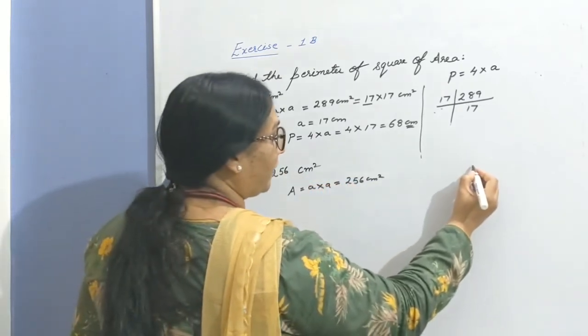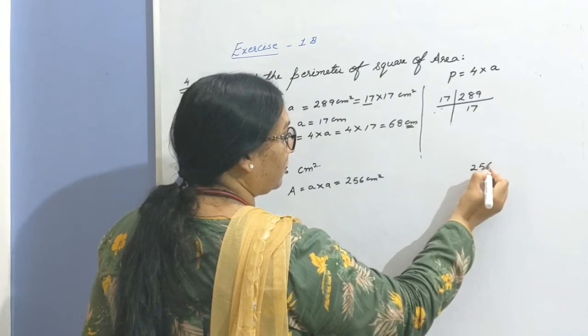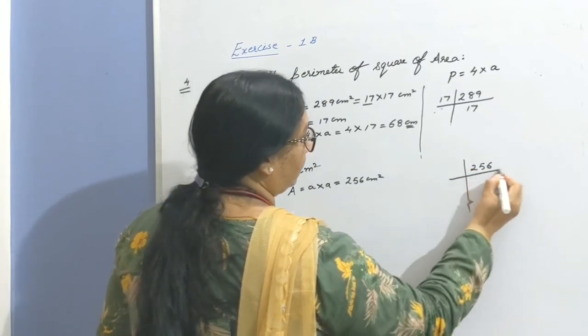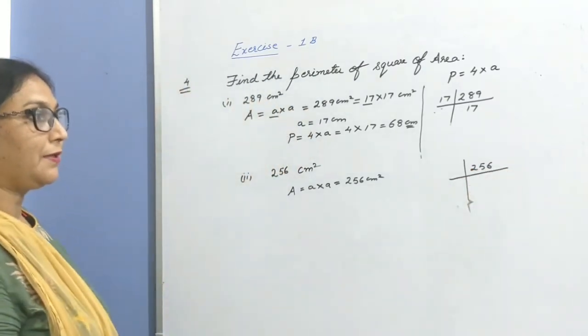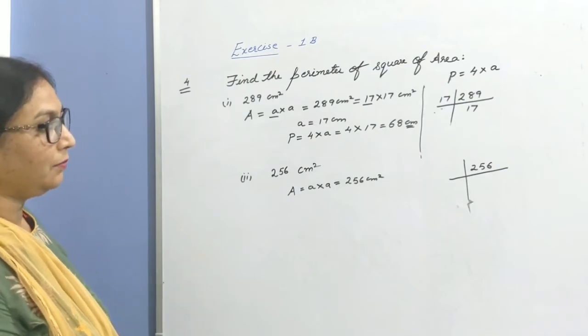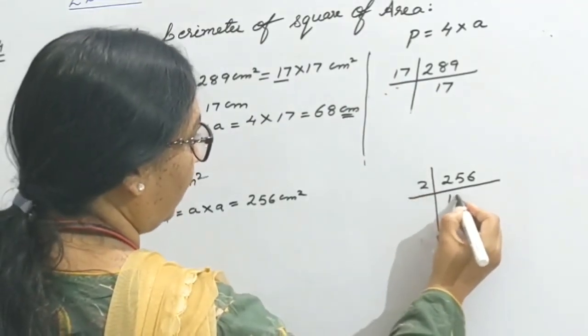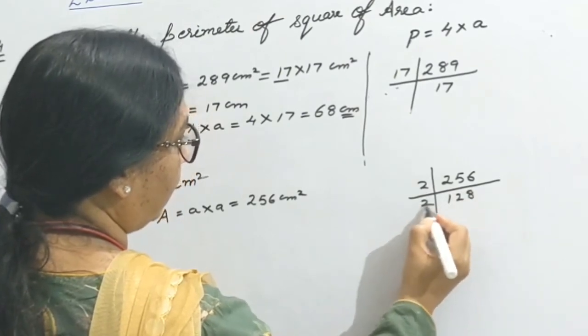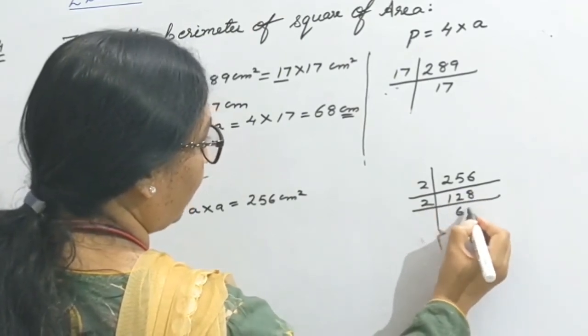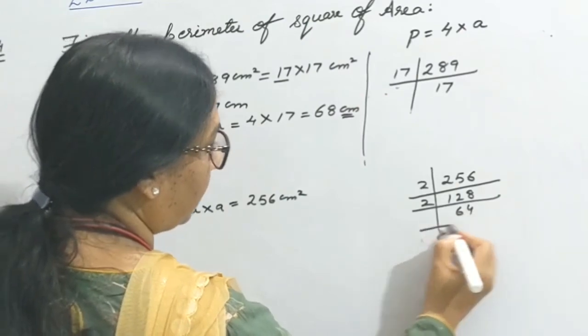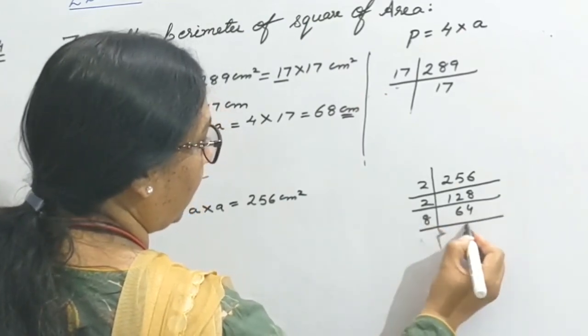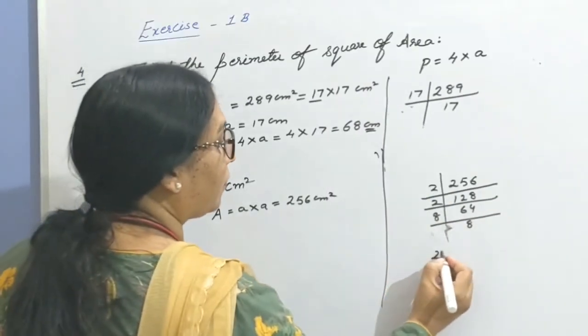So let's do prime factorization. 256. Can you tell 256 is the perfect square of which number? Let's try to solve it. 2, 128. Again by 2, 2, 64, and 64 is the perfect square of 8. 8 by 8. Now write as pair of 2 into 8